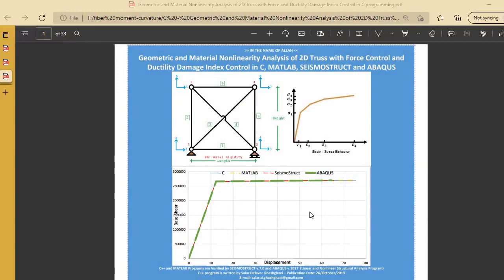Hello guys. In this video, we're trying to have an example of geometrical and material nonlinearity analysis of a 2D truss with force control and damage index control in C and Matlab programming, and then we're trying to verify our example in Seismostruct and ABAQUS. You see, we have the 6 elements of the truss, and with indicating of materials nonlinearity